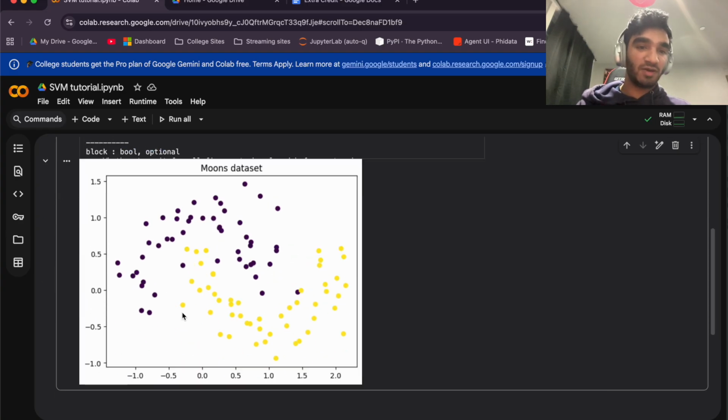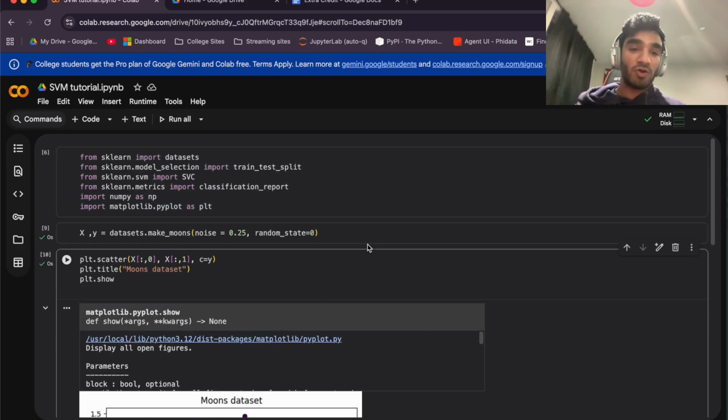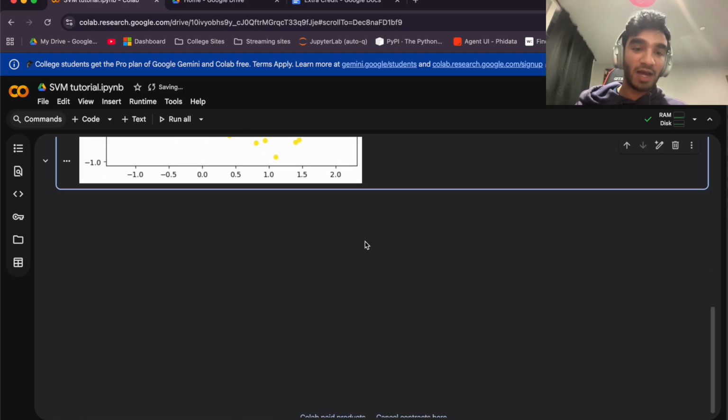I believe. Yep. Okay. So here we can see that each point belongs in one of the two classes, and you can't really draw a straight line between them. This is where a nonlinear SVM shines. They can create curved decision boundaries. If you can see, there's a little bit of a curve to this. So now that we have that, I will